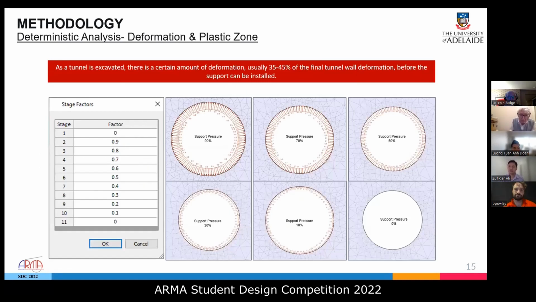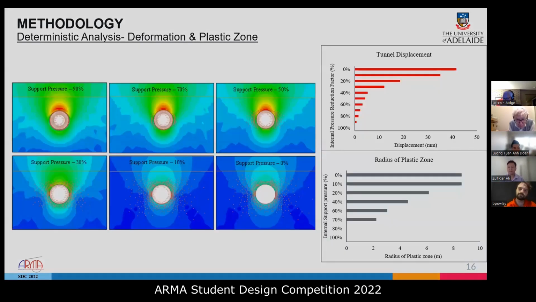Now, for the tunnel support design, it's important to know the total deformation and the radius of the plastic zone. When a tunnel is excavated, there's a certain amount of deformation, usually between 35 to 45% of final tunnel wall deformation, before the tunnel support should be installed. For this purpose, we performed a staged excavation using an internal pressure reduction method in 11 stages, reducing the internal support pressure in increments of 10%. The final stage with 0 internal pressure was used to determine the amount of final deformation prior to the